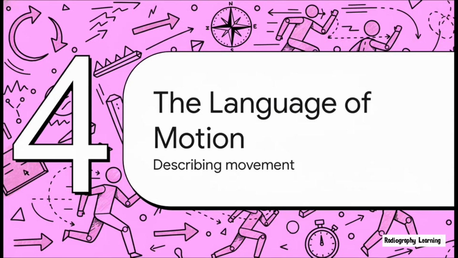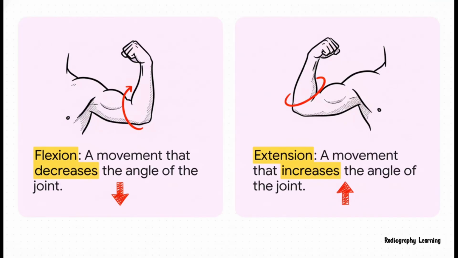So far, everything we've talked about has been for a static, unmoving body. But we all know bodies move. So, of course, anatomy has a whole set of words just for describing motion. This is where our GPS goes from being a static map to a real-time, moving animation. Let's start with the most basic pair,